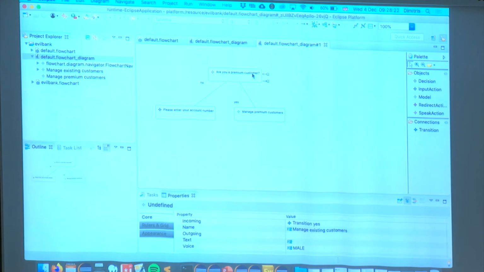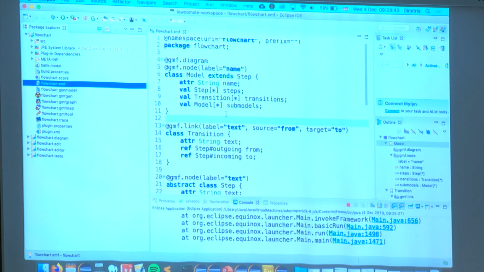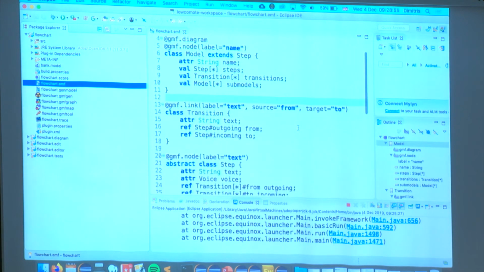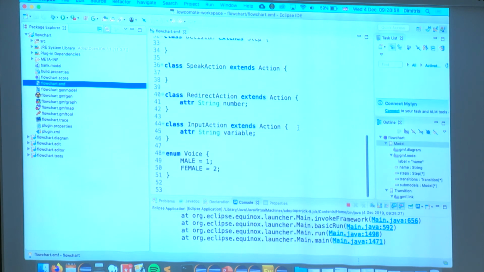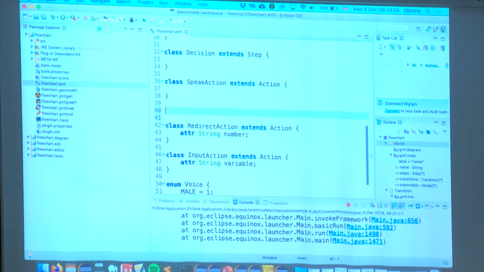Now another thing is that not all the information in a modeling language needs to live in the diagram, right? You may have, for example, here in your meta model, if you eventually want to generate code from these models of yours, you may have a lot of information. So you may have some configuration elements that you don't really want to have in your model. So, for example, in your input action, in your speak action, you could have a class